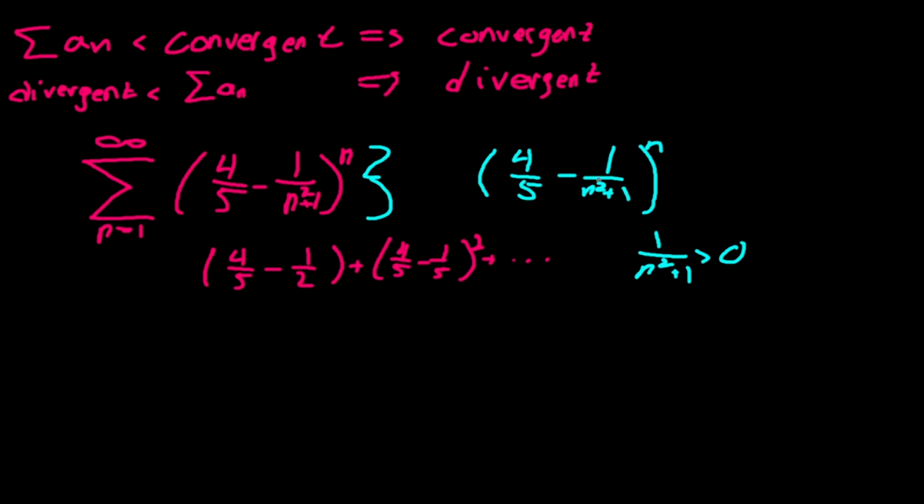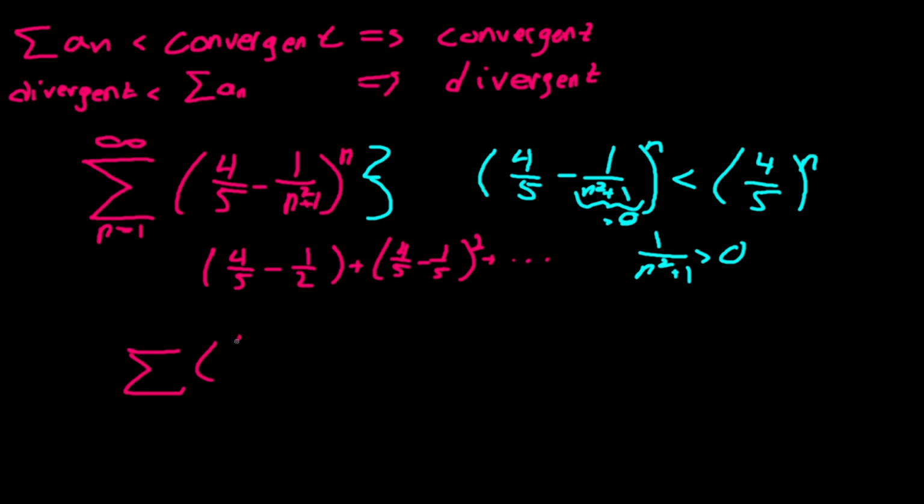So if this is always bigger than 0 and we're subtracting off a number, that means that this portion has to be less than 4 over 5 to the power of n. And remember, that's just because this quantity is going to be bigger than 0. So if we're subtracting off a number, we're subtracting parts off from 4 over 5. So since we keep subtracting off portions of 4 over 5, it's always going to be less than 4 over 5. Well, that means that we can take our series and we can say that,